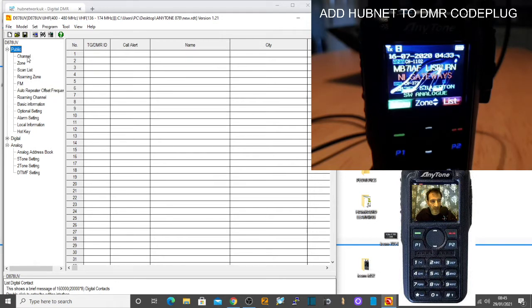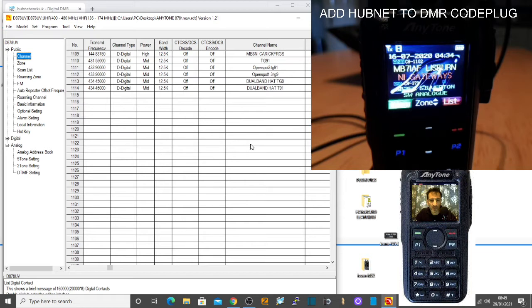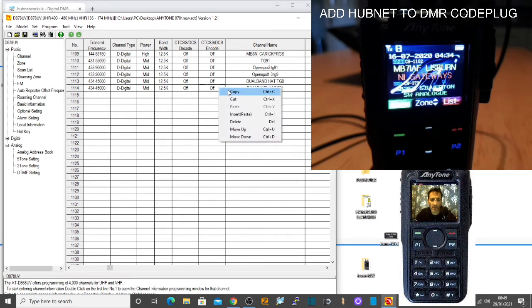So we're just going to go to a channel. I'm going to be using it on my dual band hat. As you can see, that already has a code plug for talk group 91 here. So I'm going to copy that and paste it here. So if we go into the channel,